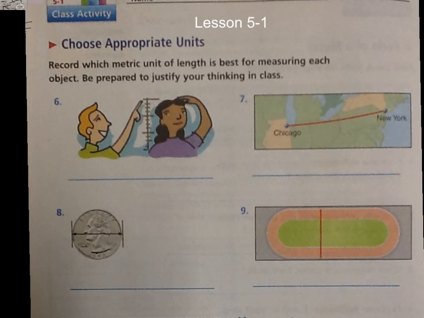All right. So number 6, you're going to measure from, it looks like they're measuring from her back to her head, or maybe the length of her hair. So you'd want to do centimeters. I mean, if you did decimeters, you'd only have a couple here. Centimeters is a little bit better to say. You get more exact. It might be like 37 centimeters, because that's 3.7 decimeters,